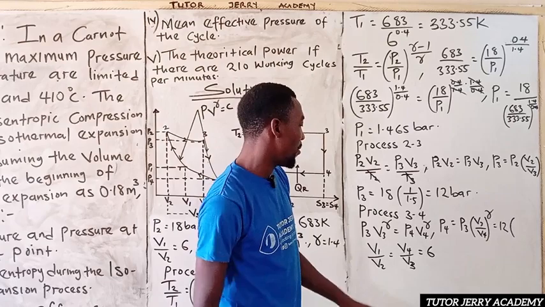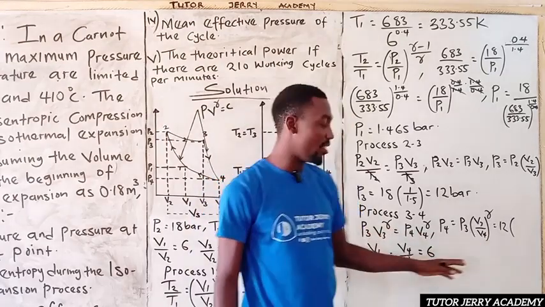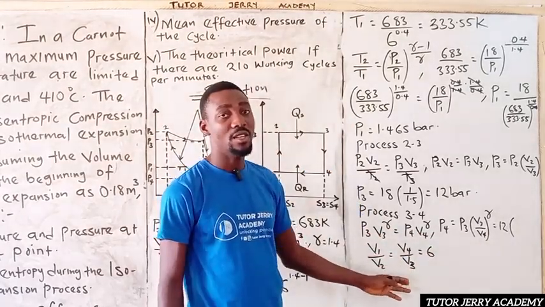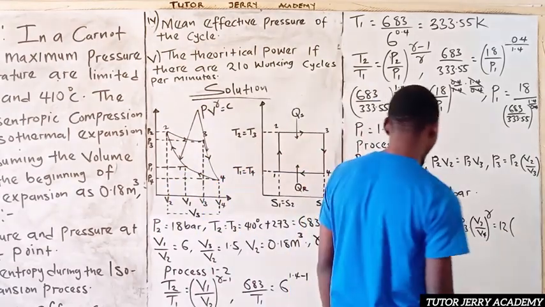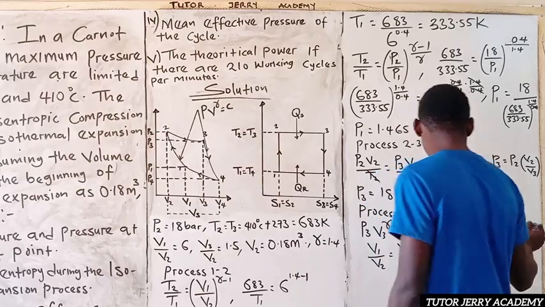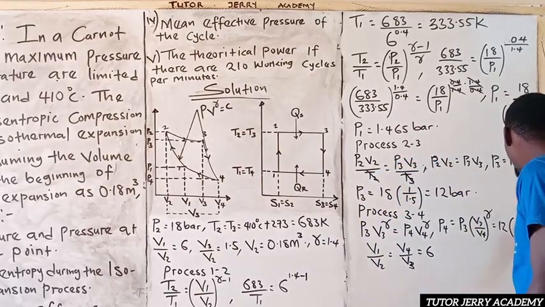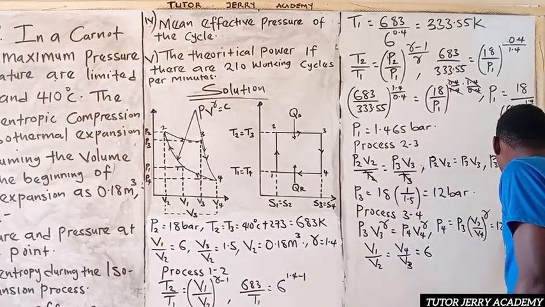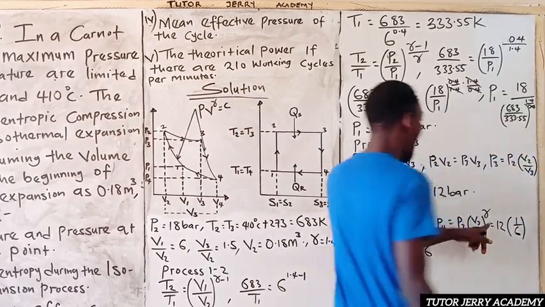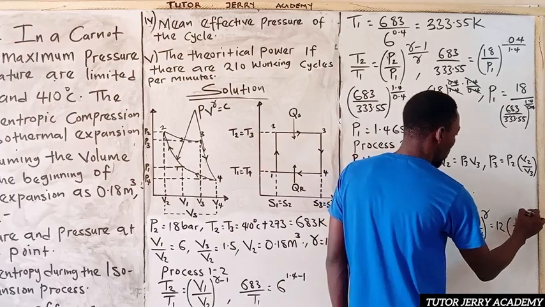Everything will be equal to 6. So now V3 over V4 is just the inverse of what is here. So we are going to have this to be equal to 1 over 6, all to the power of our gamma here, which is nothing but